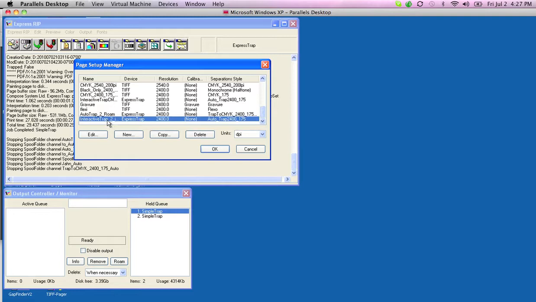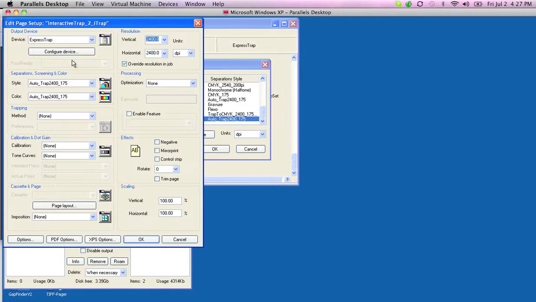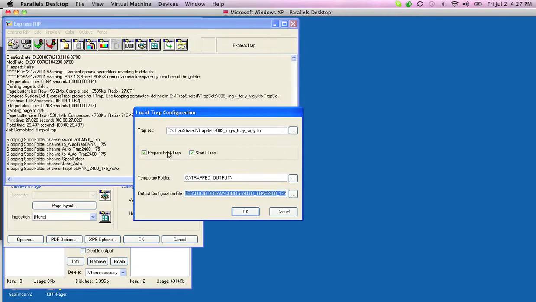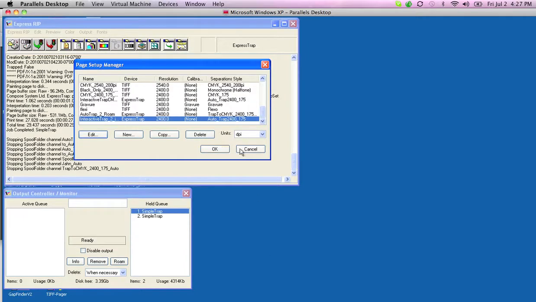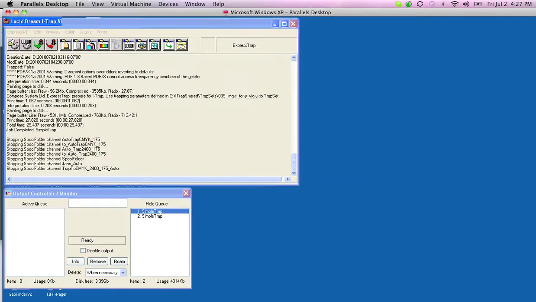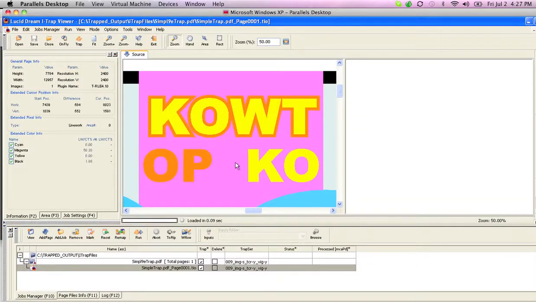I actually want to interact with the trap. So here you can see when I configure it, I turn these two things on. So let's go ahead, and I already pre-processed this file, and I'm going to open it up in the software. And you can see here I've already zoomed in